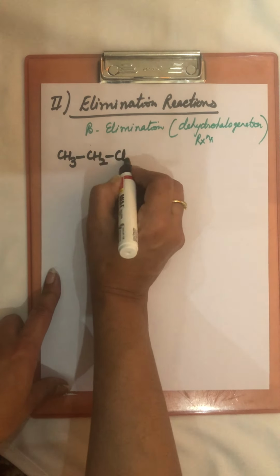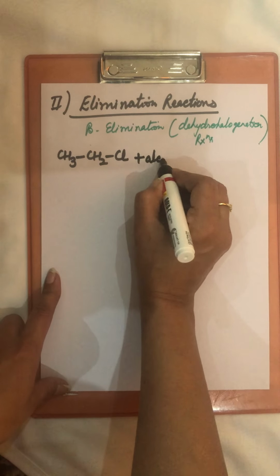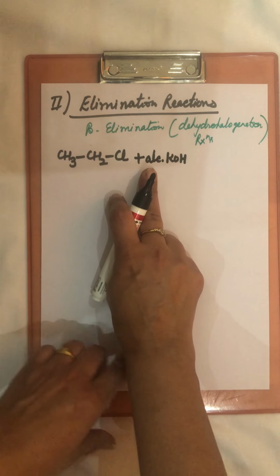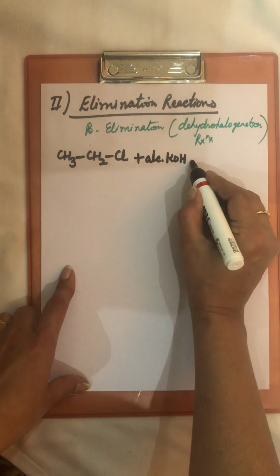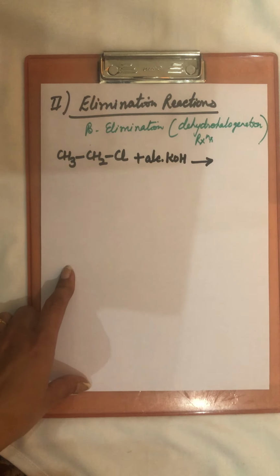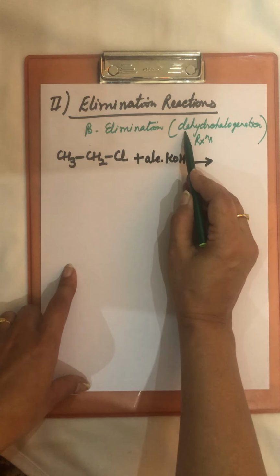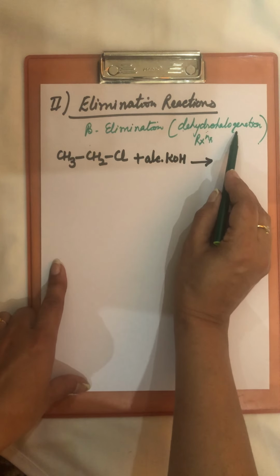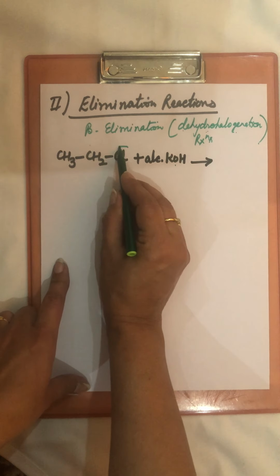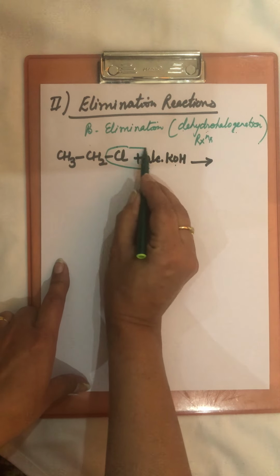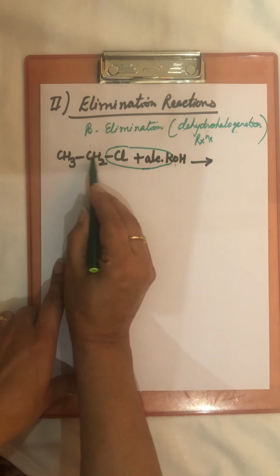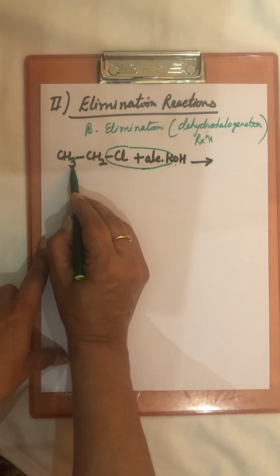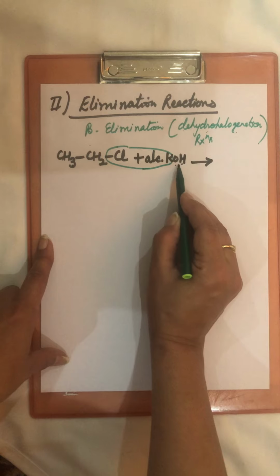So if haloalkanes are reacted with alcoholic KOH, remember it's alcoholic KOH. In KOH there are a few drops of an alcohol, like ethanol. So if alcoholic KOH is there, then this undergoes dehydrohalogenation, where de means removal, removal of hydrogen and halogen. This alcoholic KOH will take out this halogen from here that combines with this K. From this carbon, halogen is coming out. From this adjacent carbon atom, one hydrogen comes out and that combines with this OH and forms water.